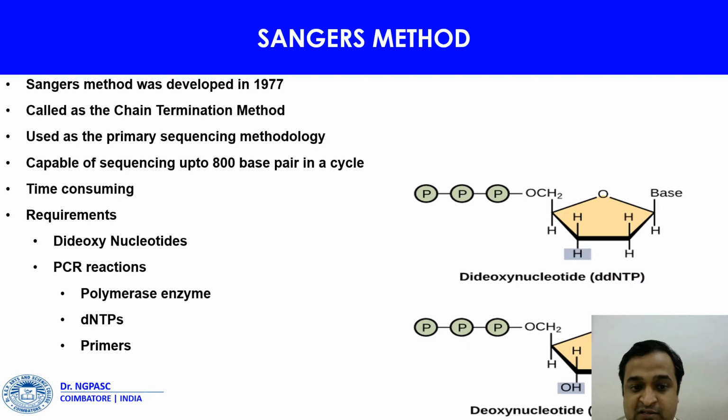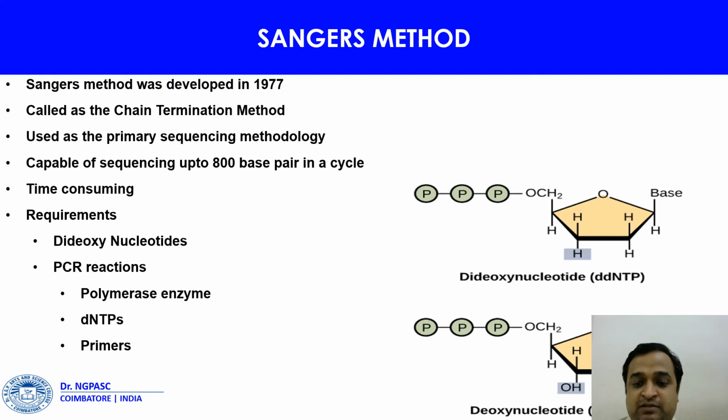So coming to Sanger's dideoxy method. It was developed in the year 1977. This is also called the chain termination method. Used as the primary sequencing methodology, it is capable of sequencing only up to 800 base pairs in a cycle. It is time consuming. The basic requirements of Sanger's method are the dideoxynucleotides, PCR reaction mixtures including the polymerase enzyme,